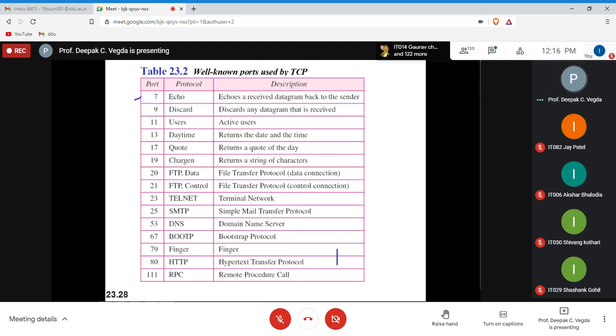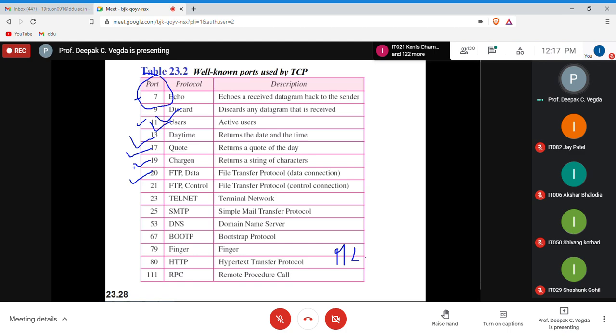When you write echo, you might have seen this in Linux, it is from localhost to localhost. But which process is it calling? It is calling a process which has port number 7, right? For discard, and for active users, you can take 11. So you have a number of commands, but actually the process it is executing is the one with this port number. Then daytime, time server, quote of the day, which returns the quote of the day.